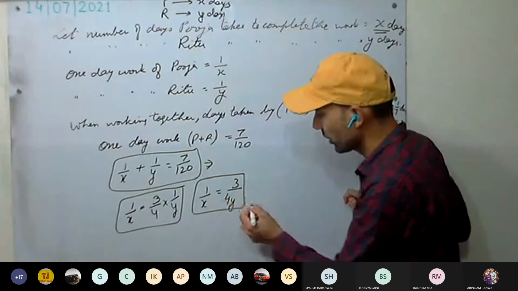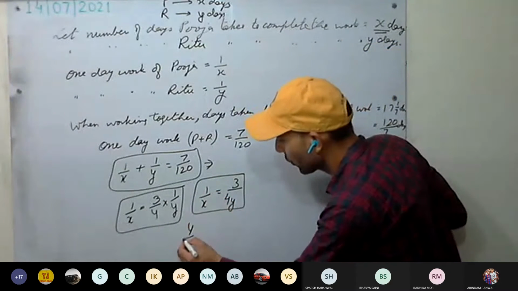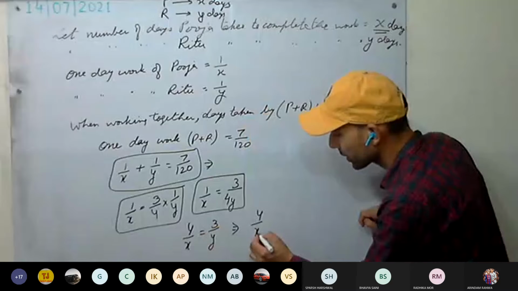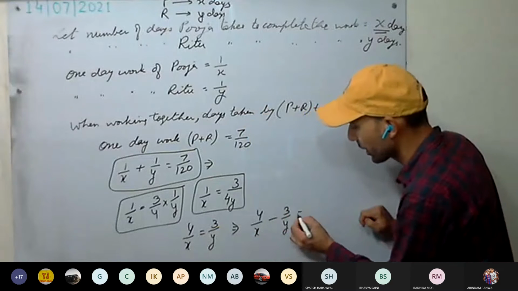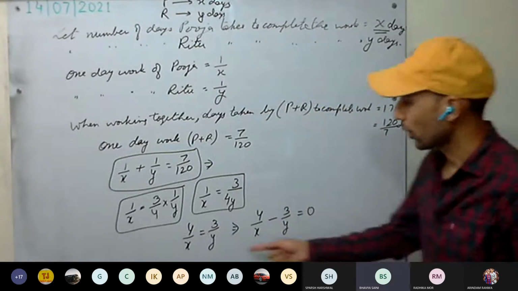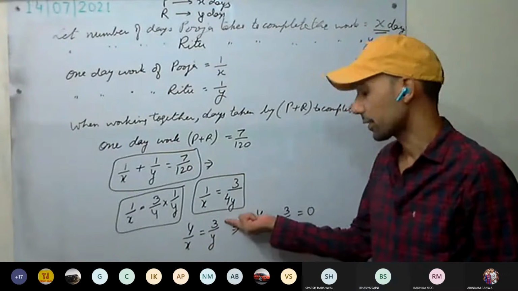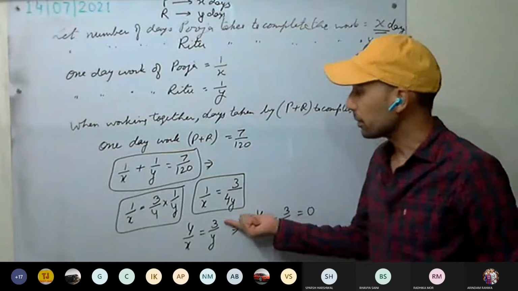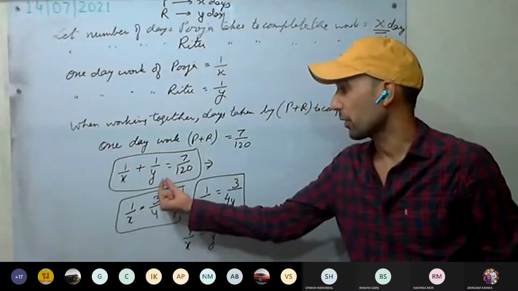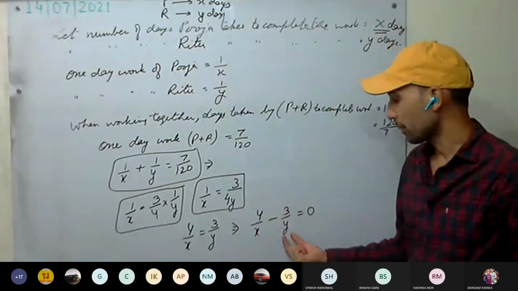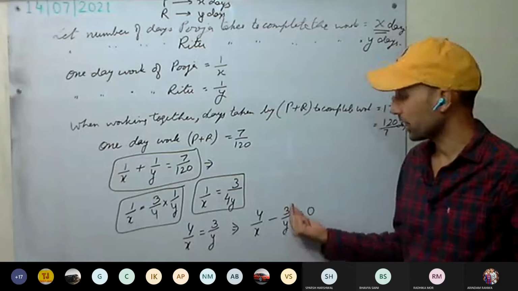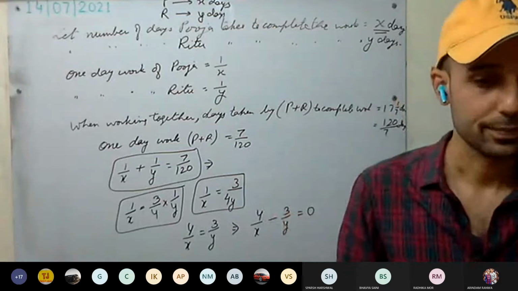Or we can write it like this as well. Take 4 on that side: 4 upon x equal to 3 upon y. Or 4 upon x minus 3 upon y equal to 0. We can also cross multiply: 4y equal to 3x. Yes, you can multiply that as well. And then how are you going to solve this one? I was taking this form: 1 by x plus 1 by y equal to 7 upon 120, and 4 by x minus 3 by y equal to 0. This we have done. 1 by x you consider as one variable, 1 by y as another. Then equate the quotients. You can solve using that. Yes or no?